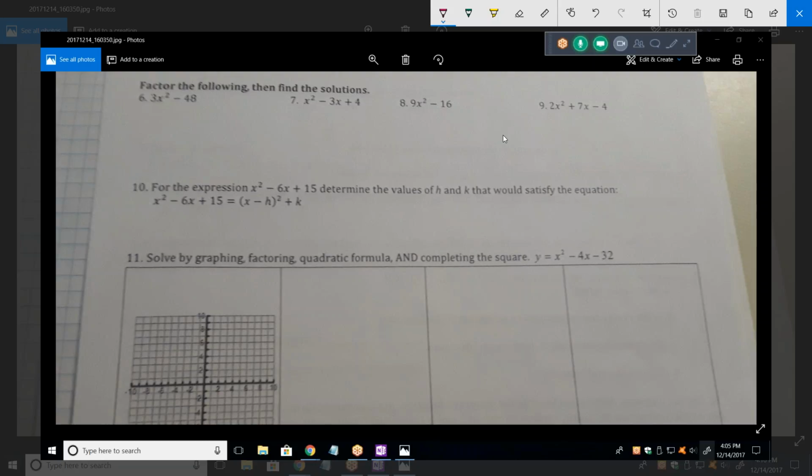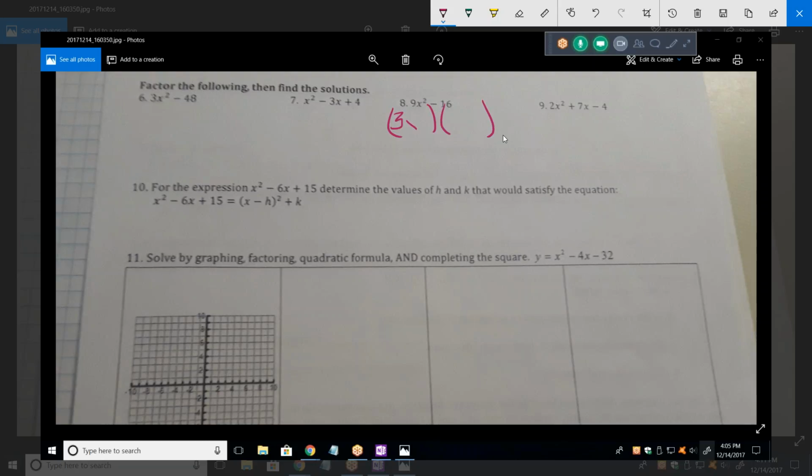Next on your priority list. Once you check for greatest common factor, next thing you should always check for is difference of perfect squares. Okay. So does it qualify? So yes. Okay, to what? So it's